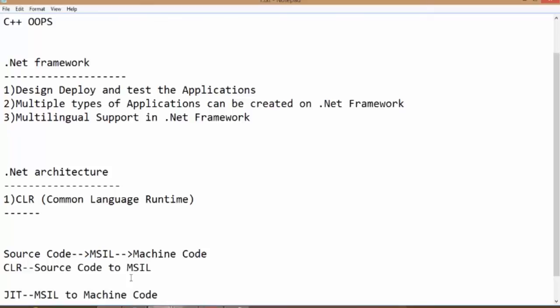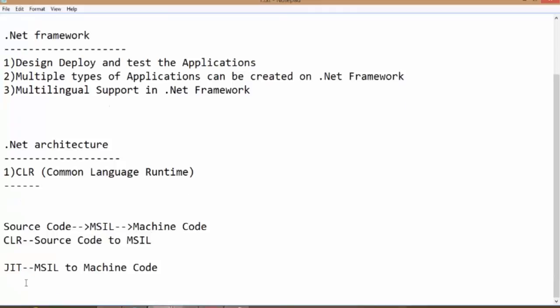Okay. So this JIT compiler is known as the just-in-time compiler. So why is the name just-in-time? Just-in-time means that, let's say you have 10 functions, and right now only 2 functions are required to be processed. It will not completely convert the MSIL of all these 10 functions to machine code. It will convert only those 2 functions to machine code, because only these 2 functions are required right now.